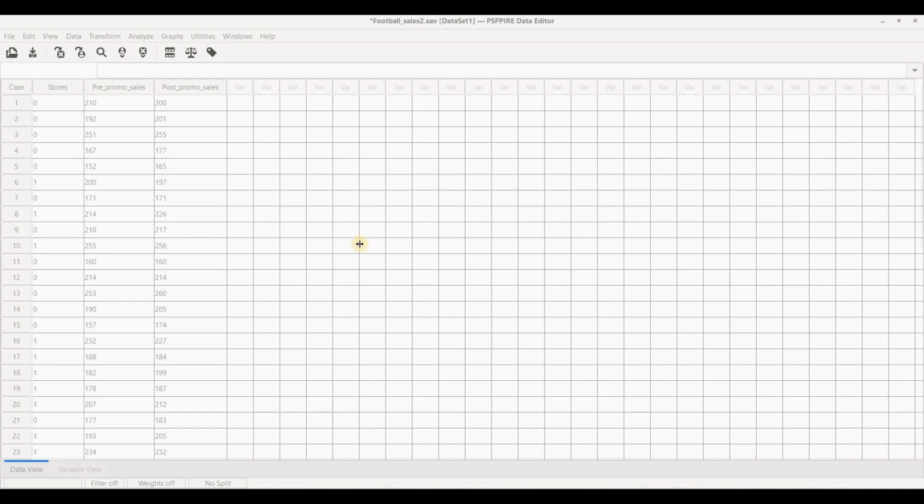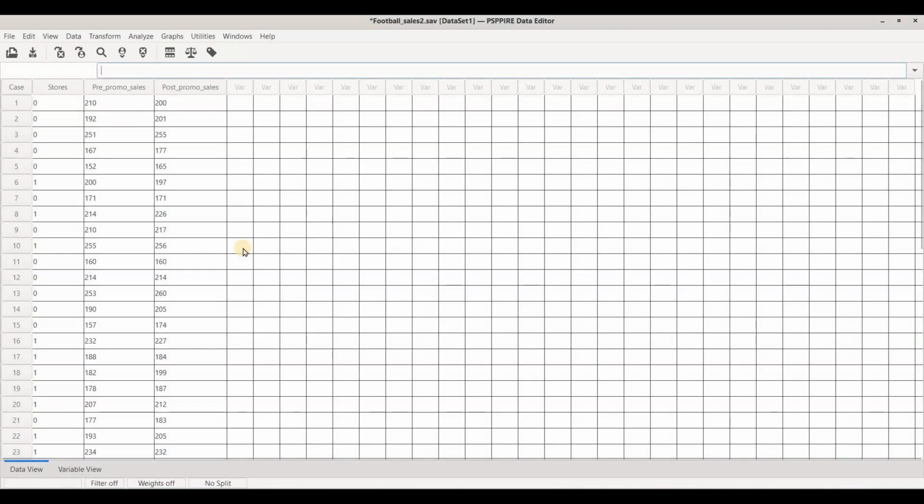Alright, so today we want to look at testing matched pairs but using a non-parametric method. So if you're doing matched pairs and the requirements for a t-test are not met and you want to use a non-parametric method, you could actually do a Wilcoxon signed-rank test and use that to test matched pairs of